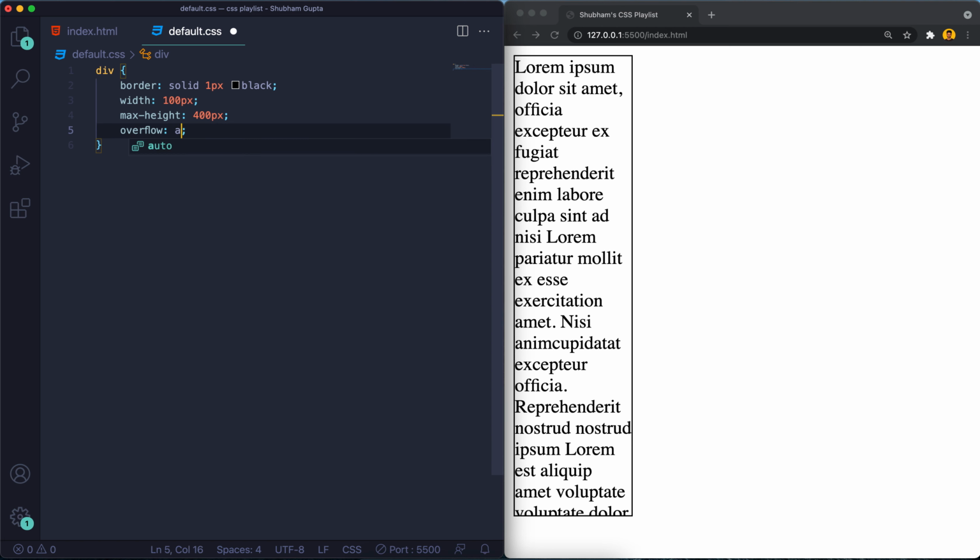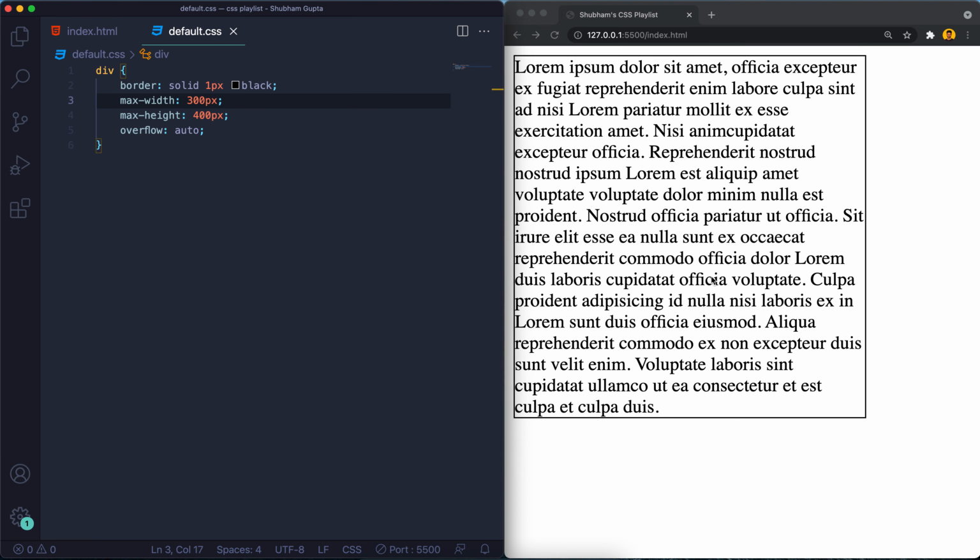So instead of scroll, we use auto. Wherever it is scrollable, it will scroll only in that direction. So this is one of the quite good functionalities. Similarly, for the width also, we can have max width of 300.